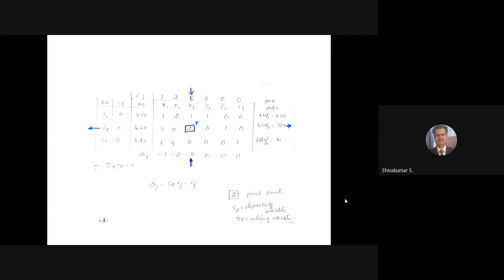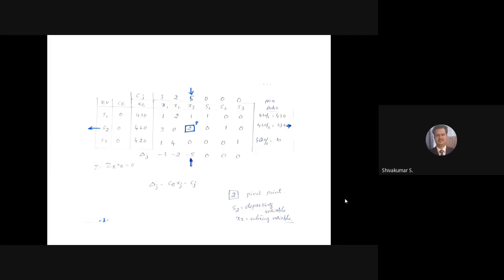You got the pivot point 2 now. Now I am going to tell the procedure for our next table. Before starting to show the next table, I am going to tell it here so that you will understand better. Now, in the next table, what happens? You are going to get the same table, but in the basic variable column, you are going to get S1 as it is. Instead of S2, you are going to write X3.